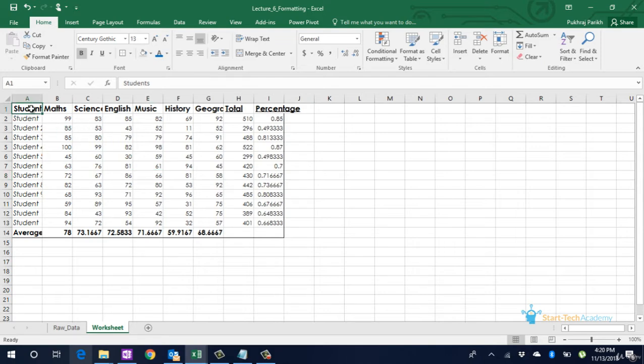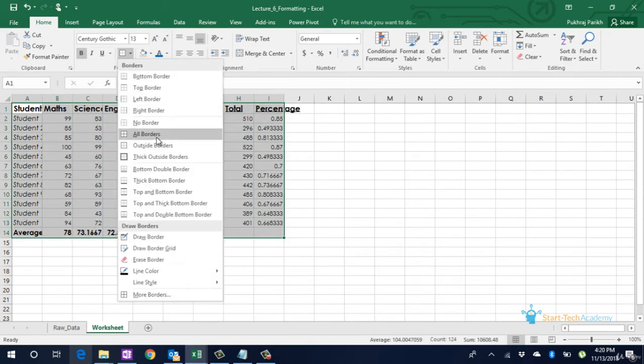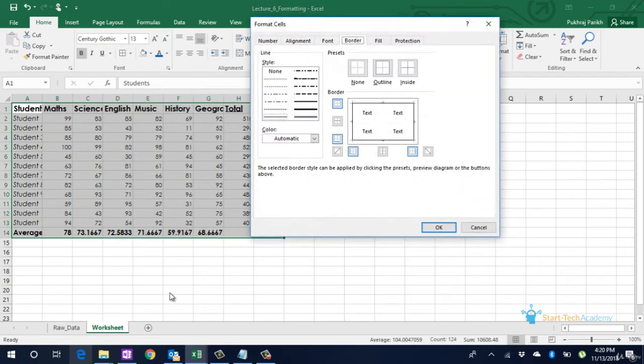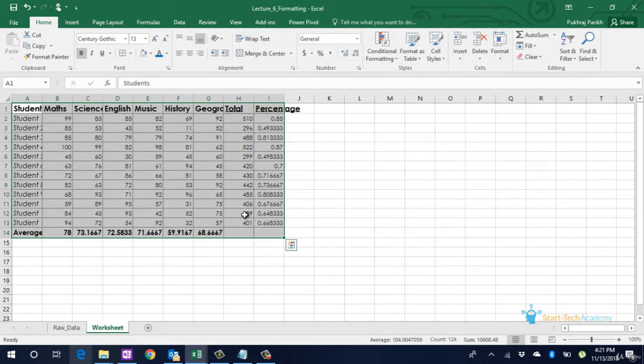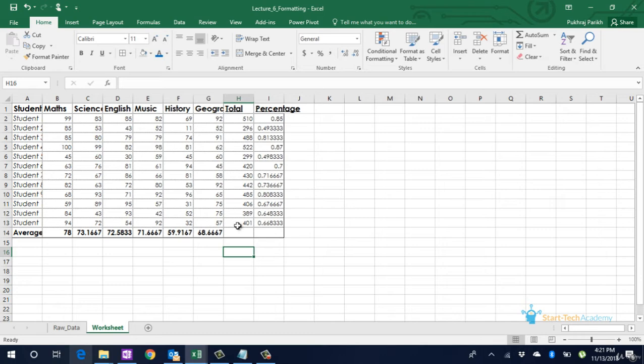Within our table, if we want to have different kind of separating lines, we can again select the data, go to that icon and select more borders. Here you can select the style of line that you want to include, and then in the right side where a graphic box visible, you can click and add borders. This represents that we have added a dotted separating line within our data, and outside there is a solid box. If you click on OK, you can see that within our table there are dotted lines, and outside the table there is a solid box.